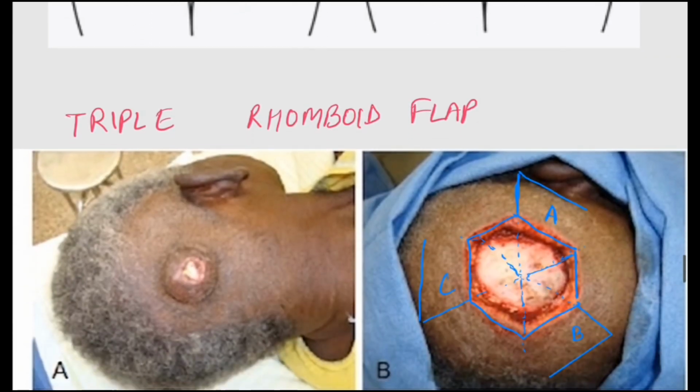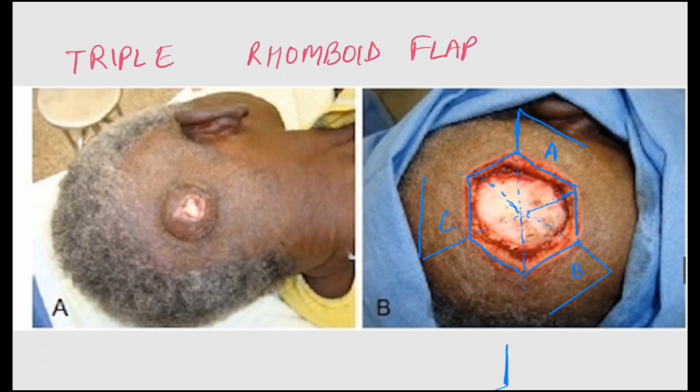Now coming to the triple rhomboid flap. Here we have taken another example of a squamous cell cancer on the scalp. Now here we will convert this lesion into a hexagon. Now you can appreciate that in a hexagon we can draw three rhomboids. The first rhomboid will be this, the second rhomboid will be this, and the third rhomboid will be this, and